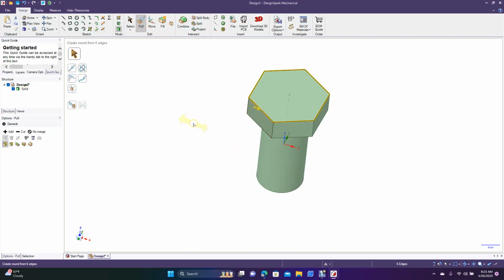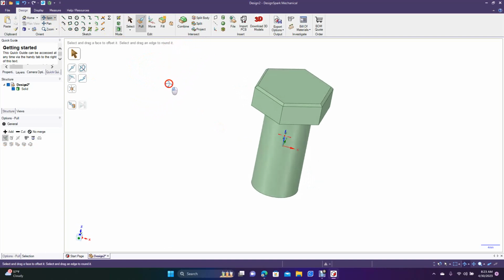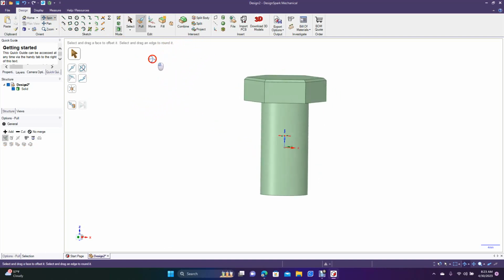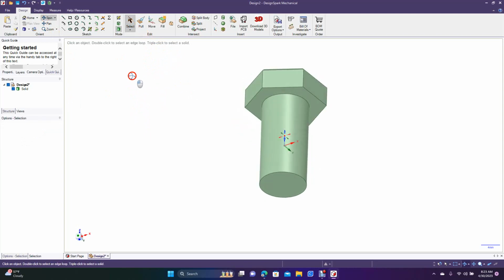Now what I do want to do is soften up the edges a little bit. So we're going to select all of it, everything. And we're going to come over here and change this to chamfer. And then we're going to put a little chamfer on the top there. Let's undo that. Let's go 0.5. That should be good. Okay, that'll be fine. Now we're going to go ahead and put the threads in there. But before we do that, we're going to go ahead and create